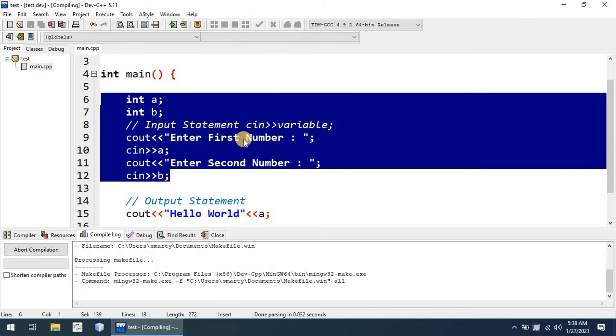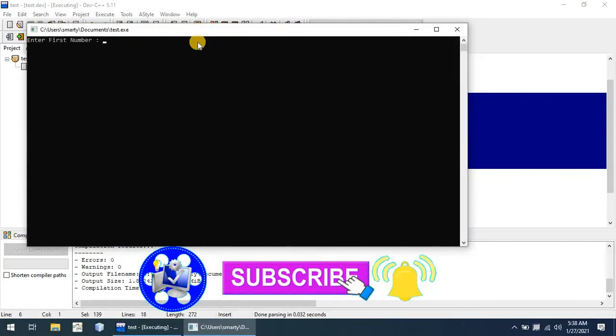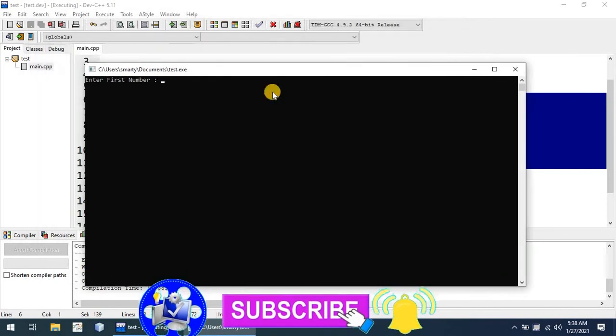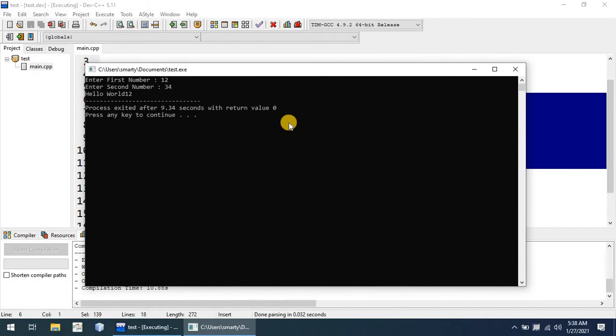Okay, press run and execute. Execution successfully launched. We are providing first number as 12, second number as 34. Here we can see that we are only displaying the first number concatenated with the output.